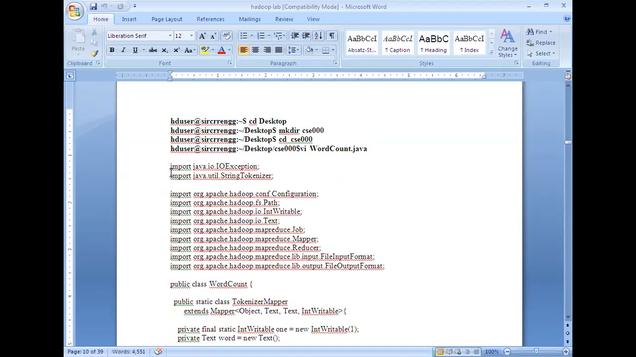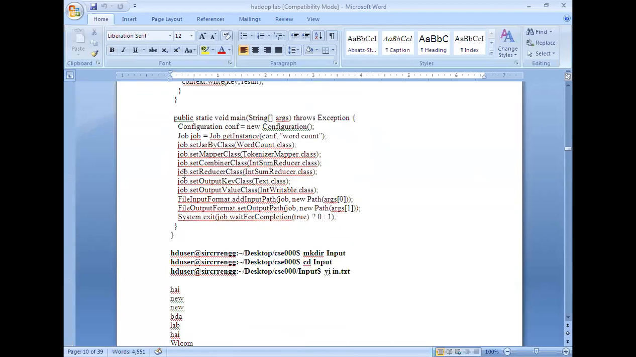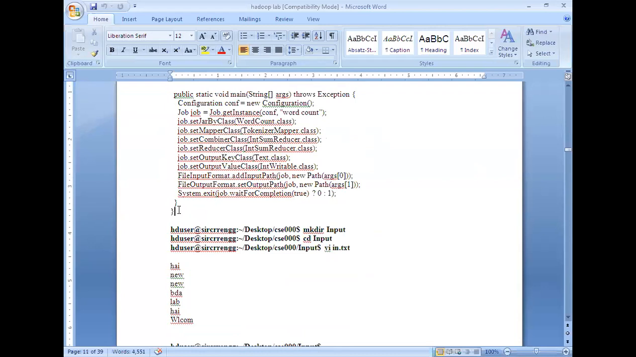There we will open our editor for typing the program. vi WordCount.java is the command used to open the notepad-like editor in the Linux environment, where we can type the whole program. After completion of this, you come out of the editor and run the following commands